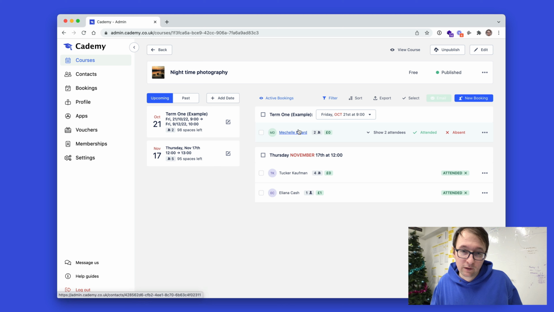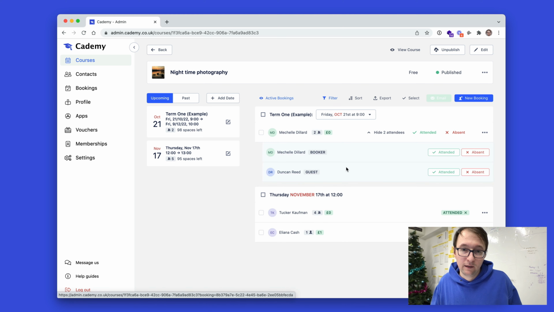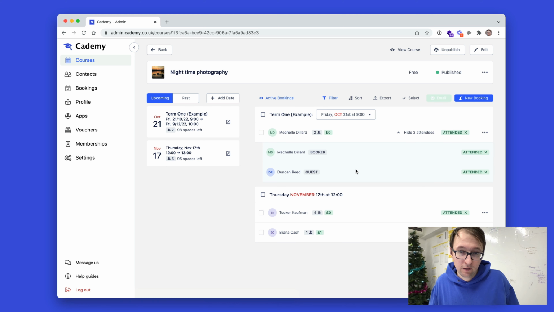So if you look at this booking here, there's 2 spaces booked. And if I click to expand, I'll see the 2 individual attendees. And you can see that I can individually mark them as either attended or absent. So you can mark them both with a single click, just like so, but you can also mark them individually,